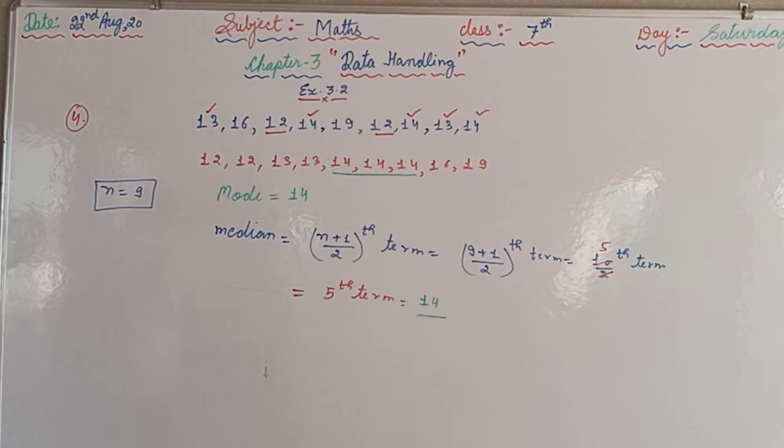So we are supposed to find the mean. To find the mean, we are supposed to add all and divide by the number of observations. How many observations are there? 1 2 3 4 5 6 7 8, and their sum will be 64. 64 divided by 8 will be 8. So that statement is false, because here it is given the mean is 9, but the mean is not 9, mean will be 8 only. In this way our exercise is complete.